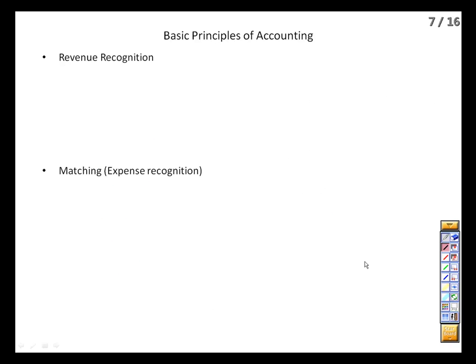Third is revenue recognition. When do we get to call something a sale and put it on the income statement? This is a hugely important concept for us to get our minds around as quickly as possible in this class, because our decision to recognize revenue has almost nothing to do with the receipt of cash. We recognize revenue when the work is done. As soon as we've done our share of the job, we can call it revenue,